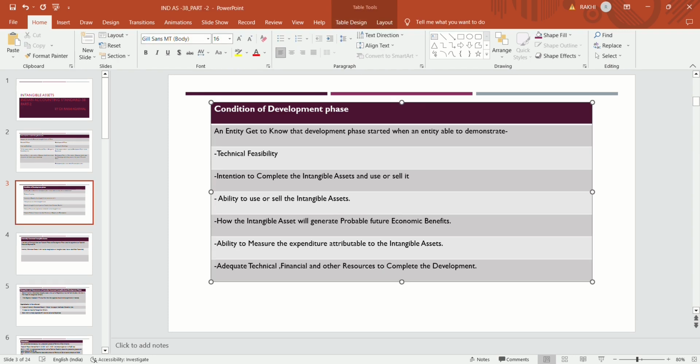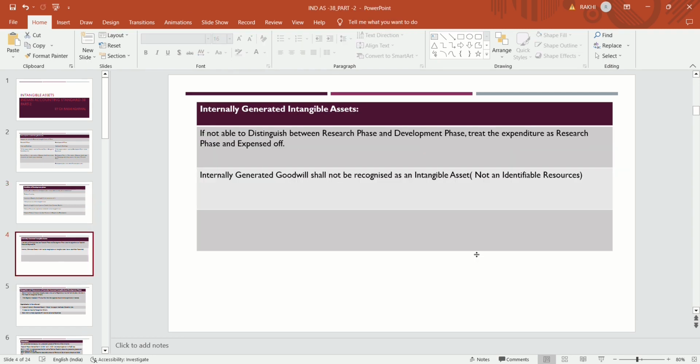If these conditions are met, then only the entity will be able to capitalize the intangible cost at the development phase. Now, for an internally generated intangible asset, if the entity is not able to distinguish the amount spent on the research phase or development phase, then whatever expenditure they incurred, treat it as a research phase and all the expenses are to